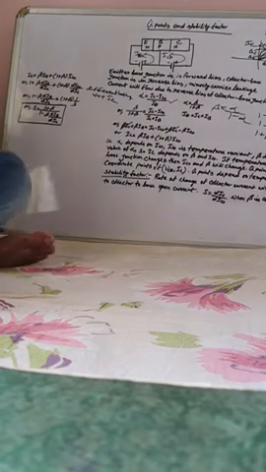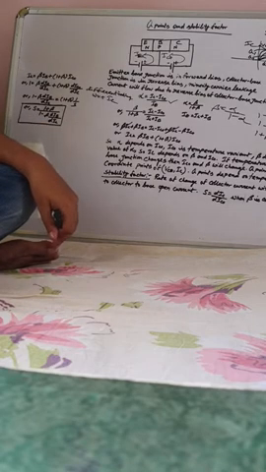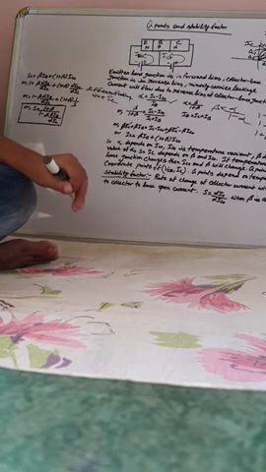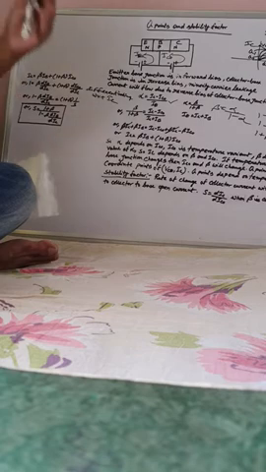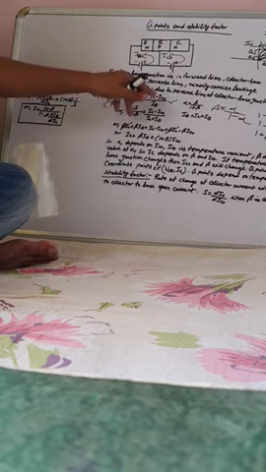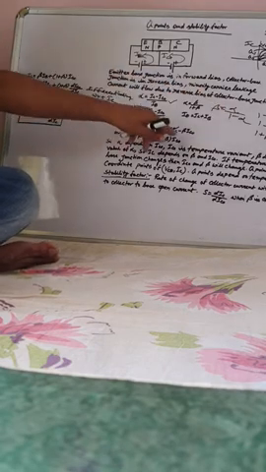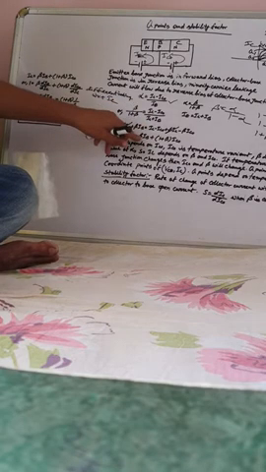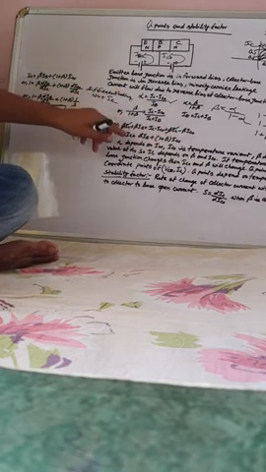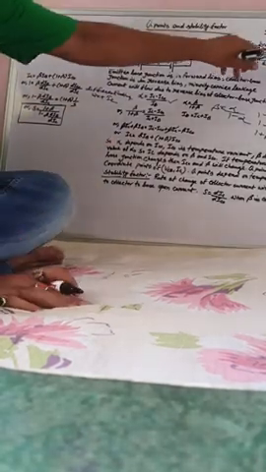Again I am telling, alpha depends on ICO. ICO means collector base open current, which depends on the minority carrier leakage current flowing when the collector base junction is in reverse bias. So temperature increase means minority carrier generation will be more and ICO will be affected. If ICO changes, alpha changes. Alpha changes means beta changes. Beta changes and ICO changes means IC will be changed.